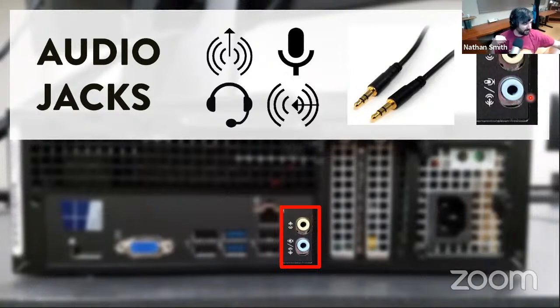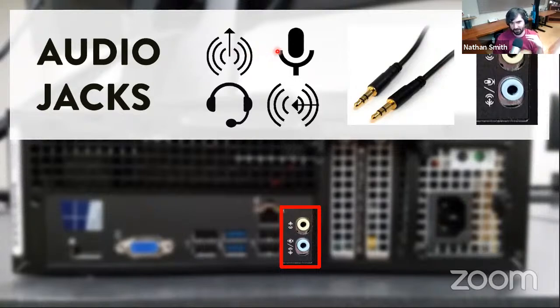Sometimes you've got a little headset, something like this, that has both the microphone right here and the headphones in it. And you could plug that in, and you would just need to tell the computer, "I plugged in a headset with a microphone." Or you could just plug in a standalone microphone, or just a set of speakers, or just a pair of headphones, or whatever. So that's the audio jacks. Those do exactly what they sound like. But now you know the difference.